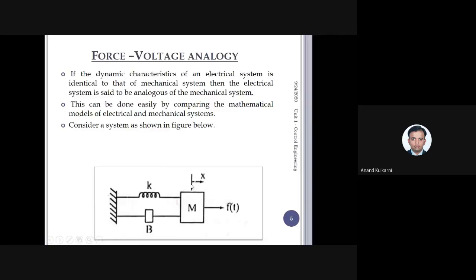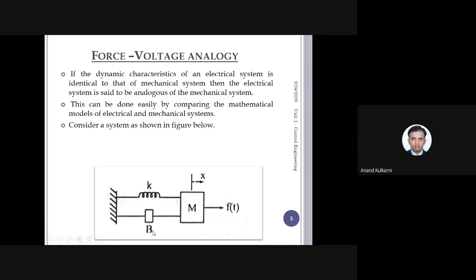Like what I'll compare is, a resistance has similar properties or behavior to that of a spring, an inductor has a similar behavior to that of a mass, and a capacitor has similar characteristics to that of a damper. But this can only be compared if I write it in the form of an equation. When I write that in the form of an equation and compare the two equations, then we can say that a resistor is very much similar to a spring, a mass is very much similar to an inductor, and a capacitor is very much similar to a damper.